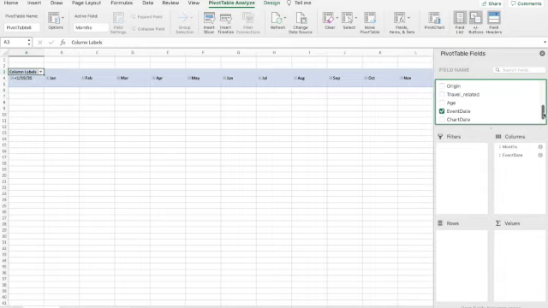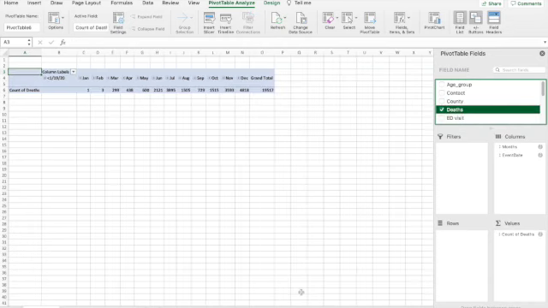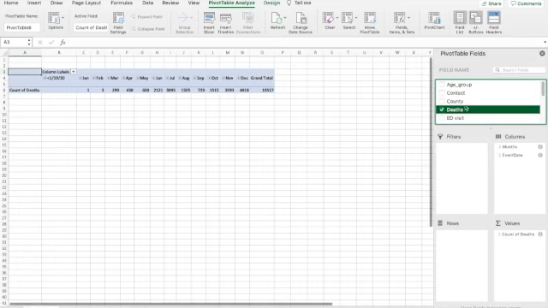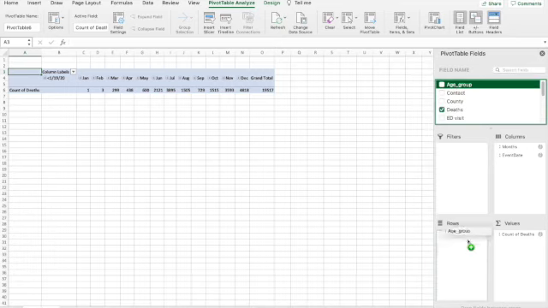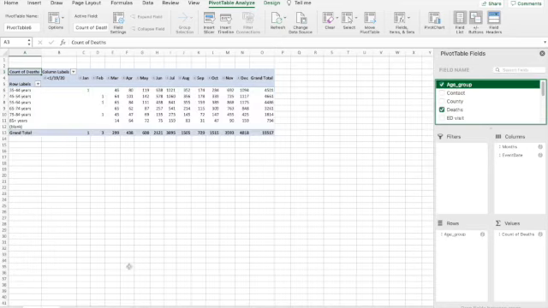Now I'm going to go ahead and look for my main value, which is going to be COVID deaths. And I'm going to pull that into values because that's what I want to really look at. But I see here that it's just giving me the count of how many are completely in every single area, but I do want to separate that out by age group. So now I'm separating all this out by age group and you can see a lot more clearly,